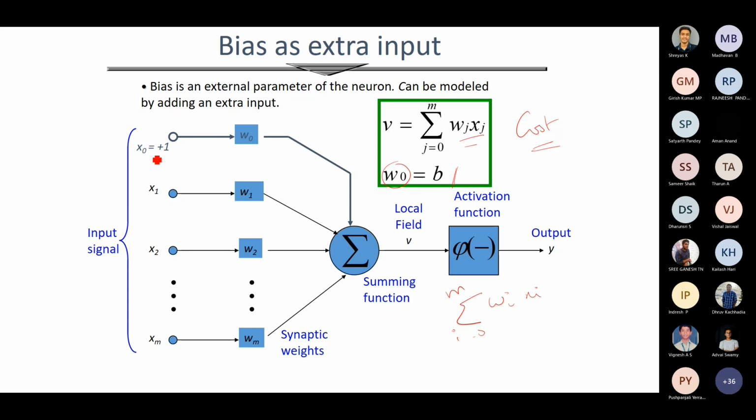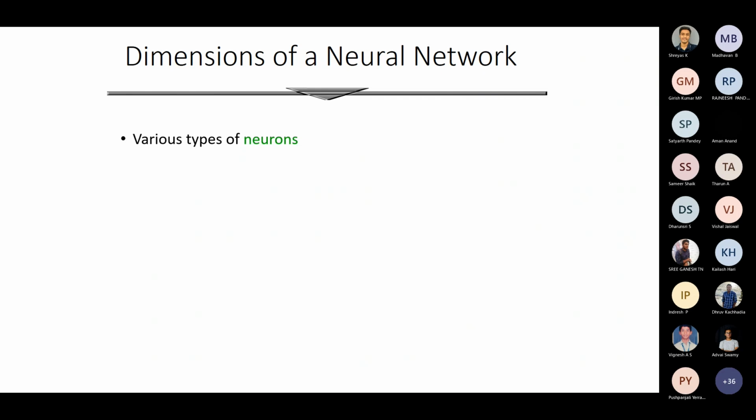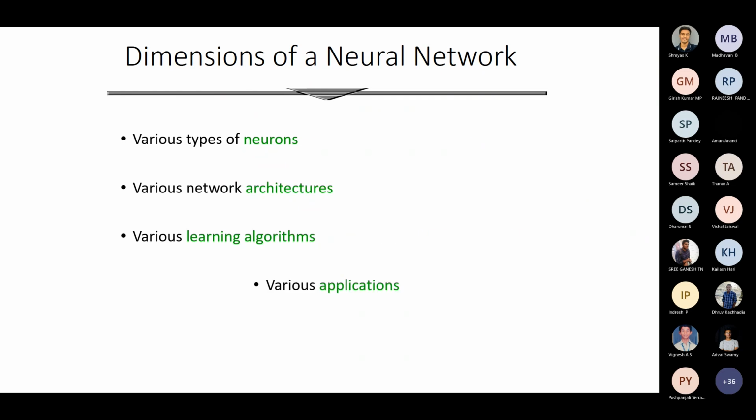And you can consider for that the input x naught equal to 1, and so this can be looked upon as summation wi xi for all i equal to 0 to m, where x naught is equal to 1 by default. The others are features. So this is how you can think of it, and then you apply an activation function. Now, what is the necessity for an activation function? Why should you do that? That is what we're going to see now.